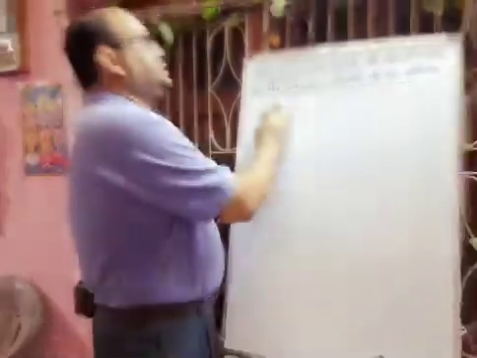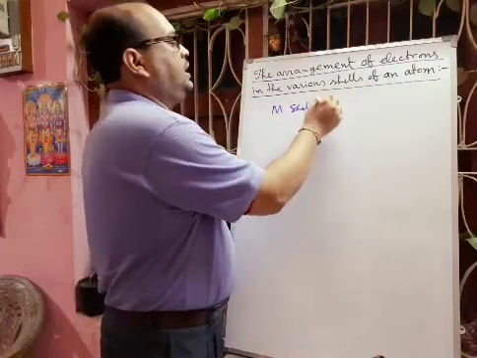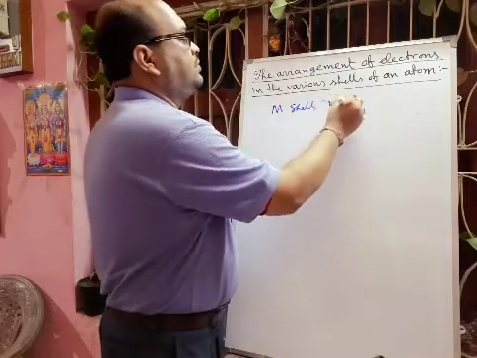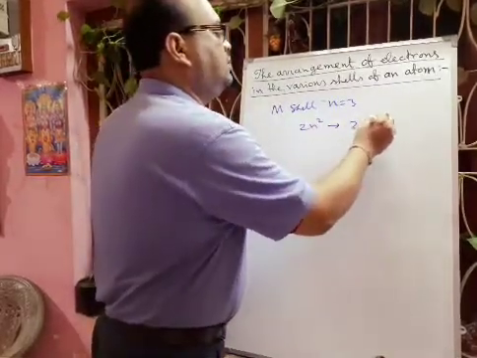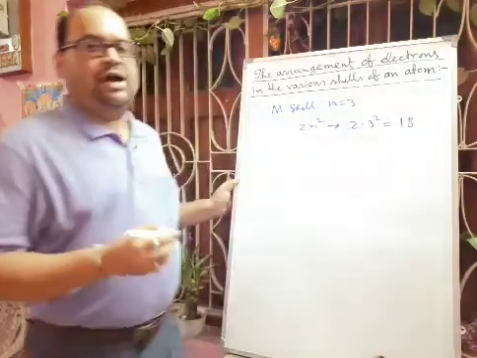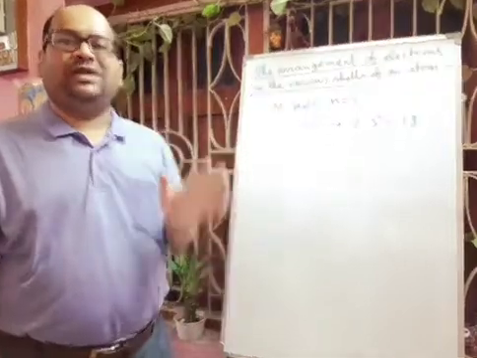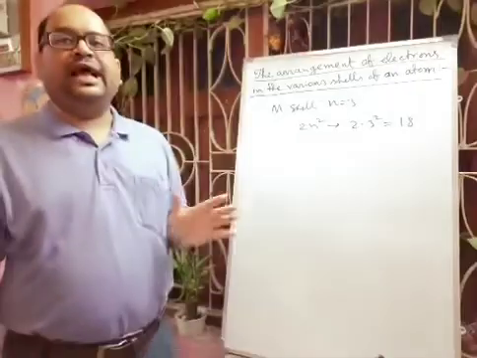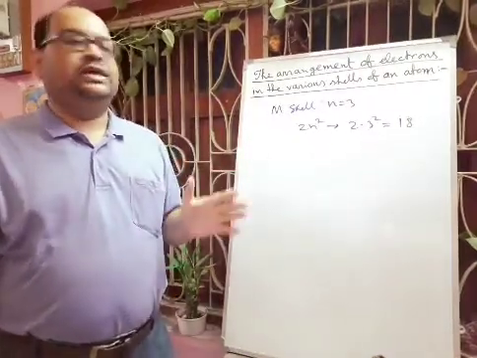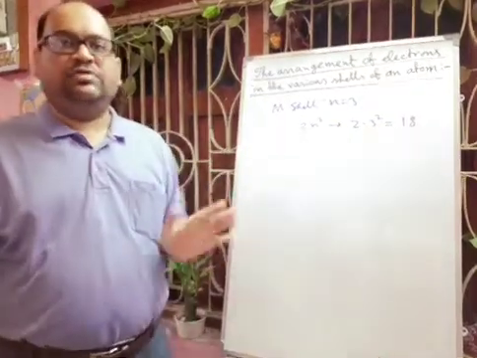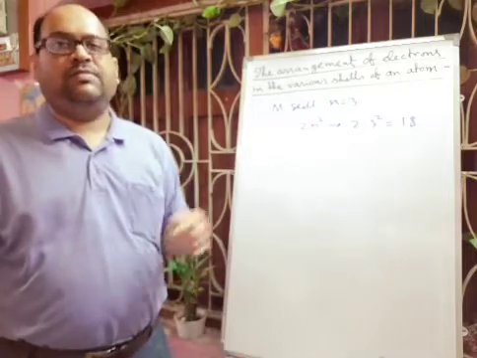I am writing here, then you can understand. In the M cell, n is equal to 3. So according to the 2n square rule, the total number of electrons will be 18. But if the M cell is the outermost orbit, it can accommodate a maximum of 8 electrons, though its maximum capacity is 18. So the outermost cell of an atom cannot accommodate more than 8 electrons. That you have to keep in mind.